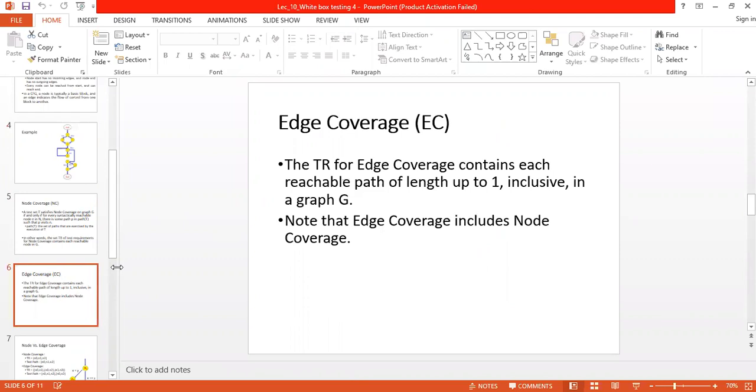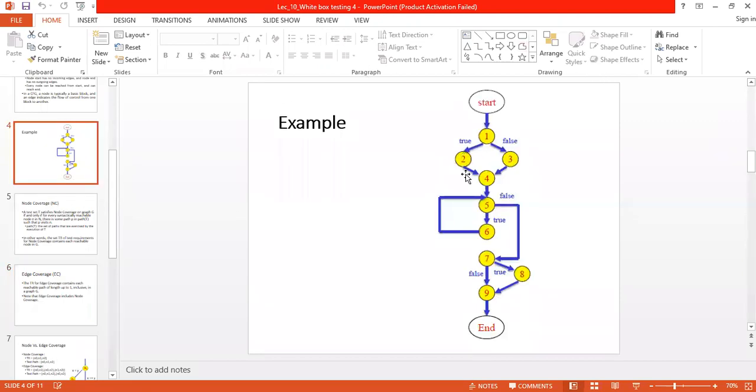And then again we have this edge coverage. In the node coverage we are concerned about these nodes. In the edge coverage we are covering pairs of nodes, right?